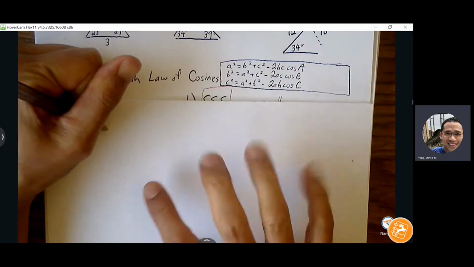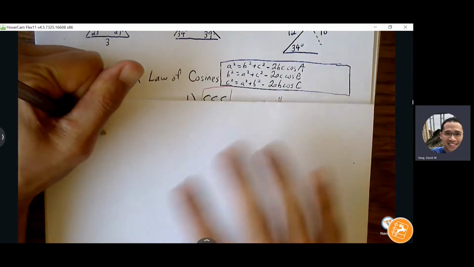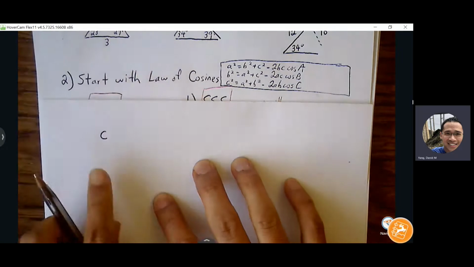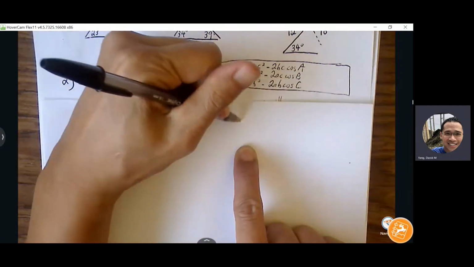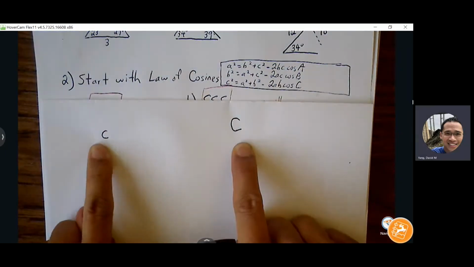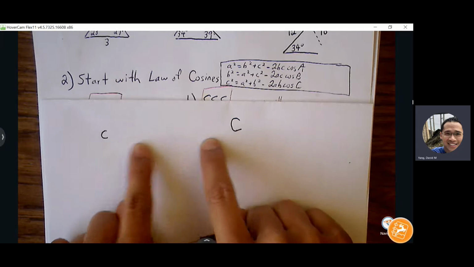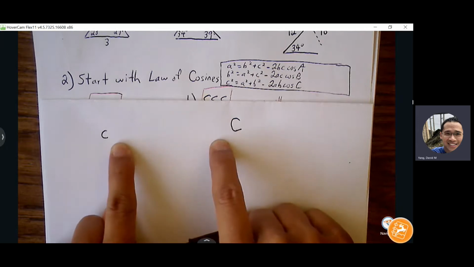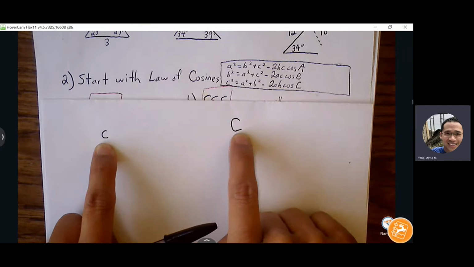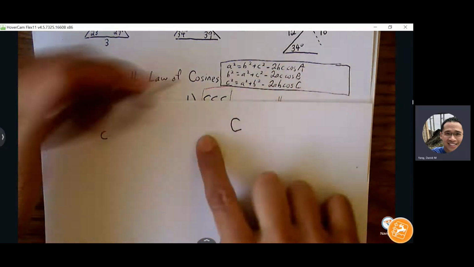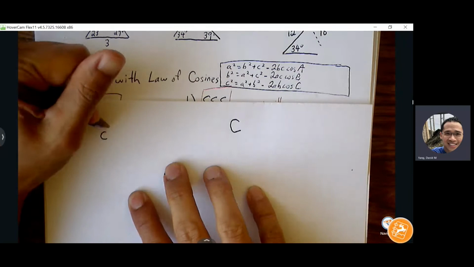Okay. The nice pattern here is that whatever variable you start with, it's only going to show up at the end. So you're going to be bookending with c, lowercase for the side, uppercase for the angle. Everything in between is going to be the other letters. Okay, so the only time you're going to see whatever letter you start with is going to end with that letter. Now, I'm going to write this here. Once we establish that,